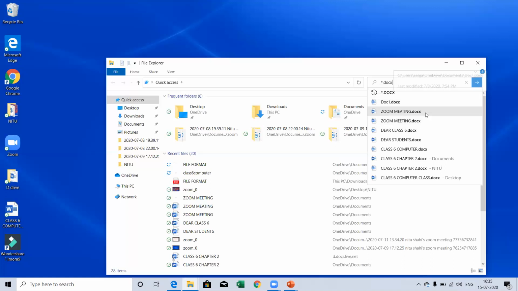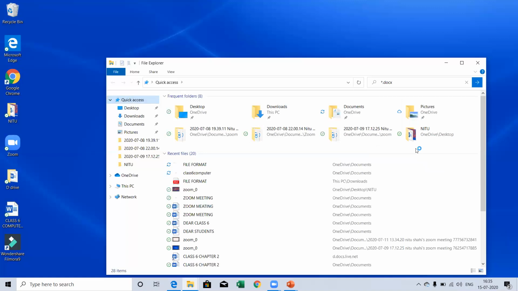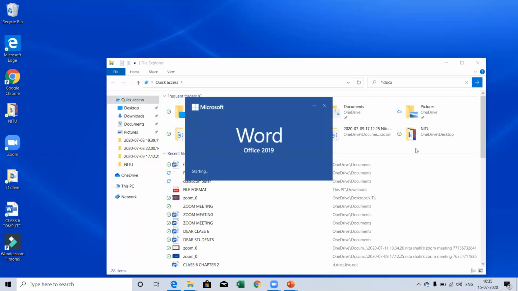Like my file name is zoom meeting.docx, zoom meeting, dear class 6.docx. These examples I gave last day, dear students. Whichever file you want to open, just select it and that particular file will appear in front of you. In this way you can search.